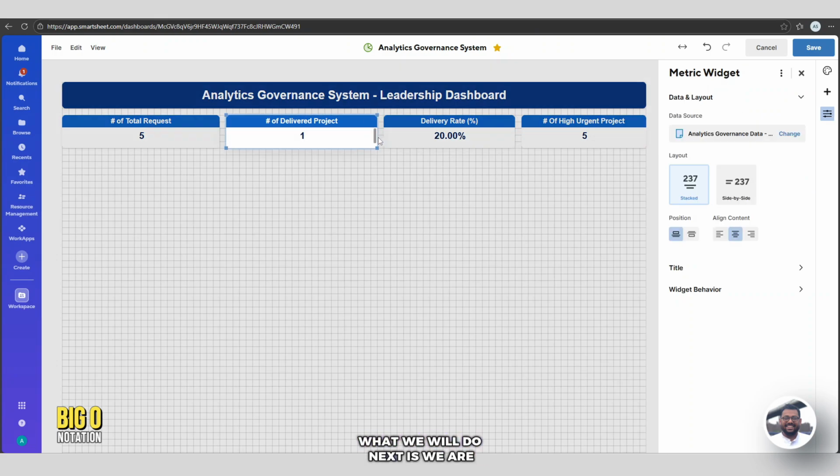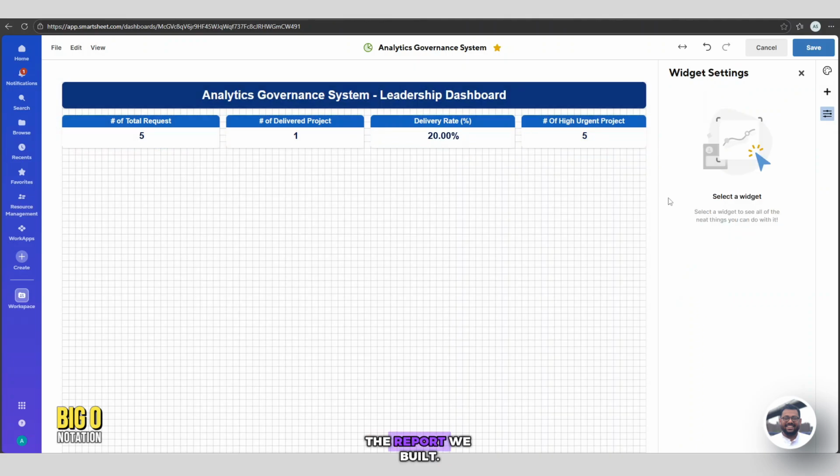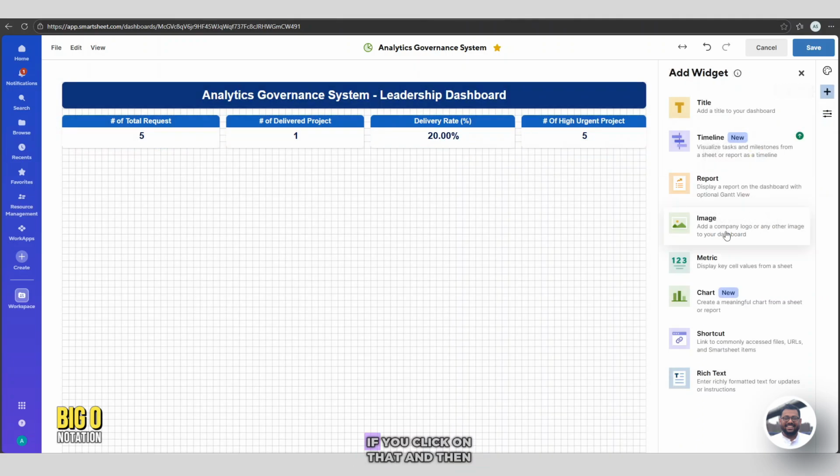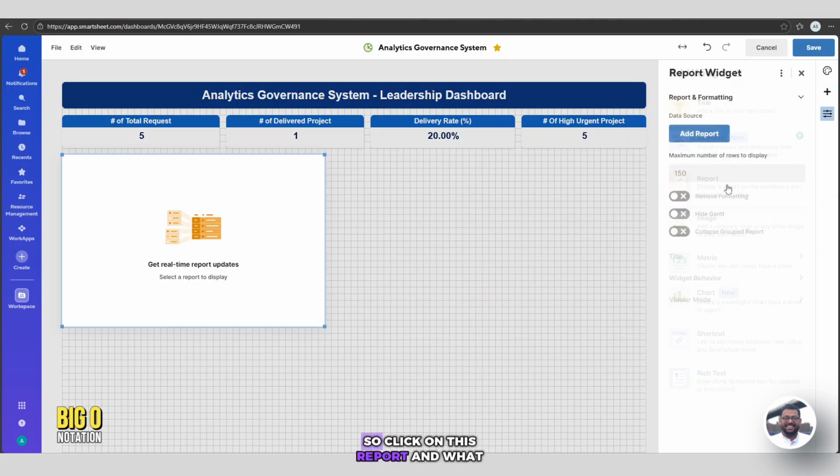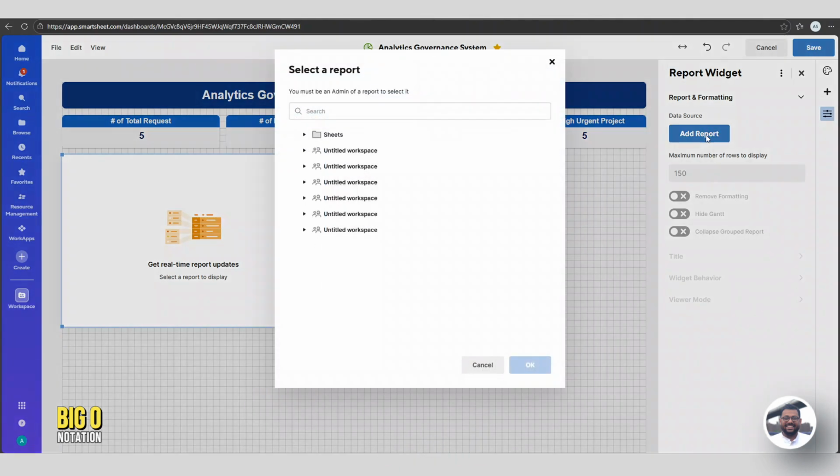What we will do next is we are going to add our report, the report we built. So click on this plus icon, which is the add widgets. If you click on that and then you go to report, so click on this report, and what we will do is add report. We created a report which is in here, I believe, Director Weekly Demand Report. So if we click on this,